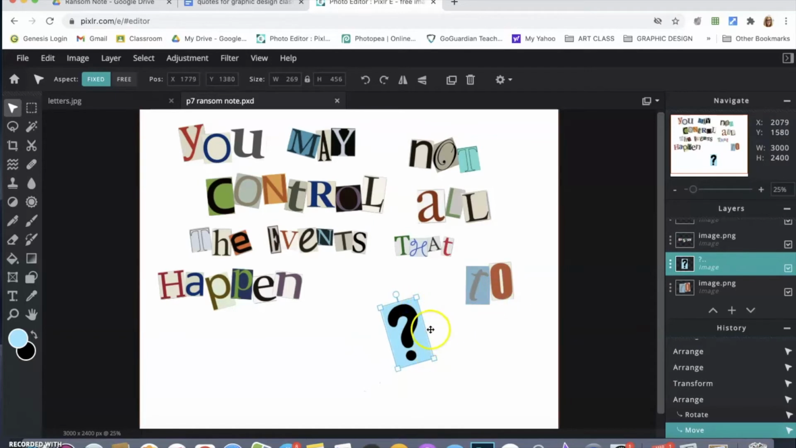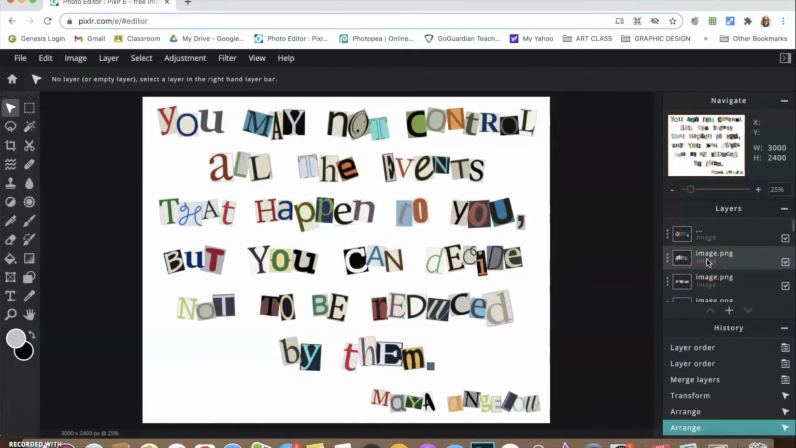So hopefully that helps. That applies if you're going to do numbers or special characters, and/or if you're just getting sick of using the same letters and you want to do some original letters, you can certainly do that. Okay, so once you have all of your quote done and you have the author done